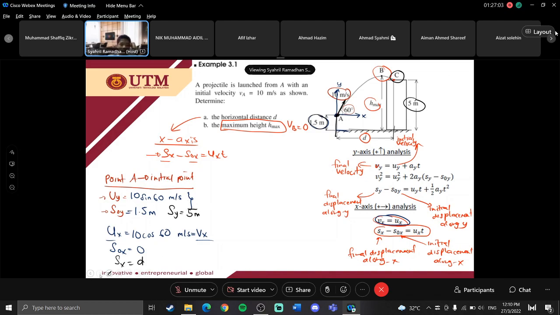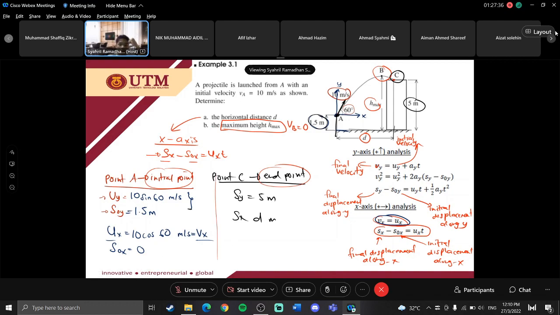Okay, let's say I make it so point A is the initial point, so I have point C as the endpoint. So at point C, I have SY 5 meter, and then I have SX D meter. Right, so I have the initial point and I have the final or end point. Okay, so then if you look at this equation,